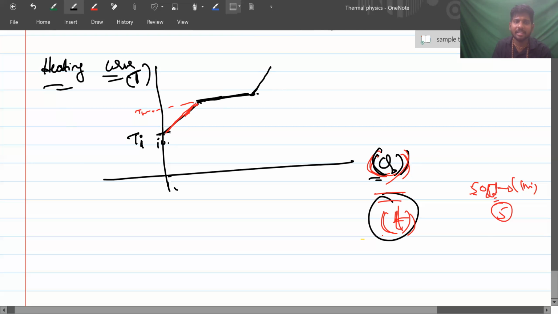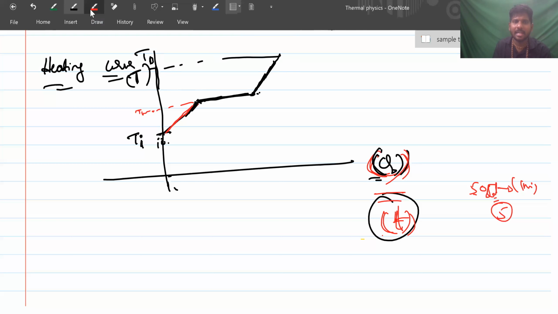Here, ice is getting the rising temperature. For example, for water, I'm taking ice to here, you will reach 0 degrees. This is minus something. When it reaches 0 degrees, it will change state to water here. So then, when you keep giving heat continuously, water's temperature will rise, right? Yes, sir. You will reach a point called the boiling point, TB.